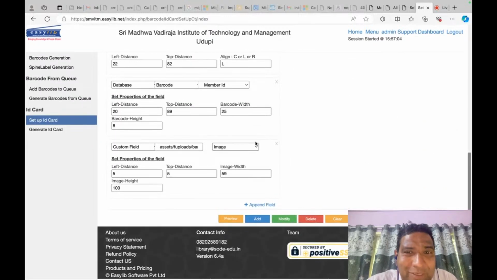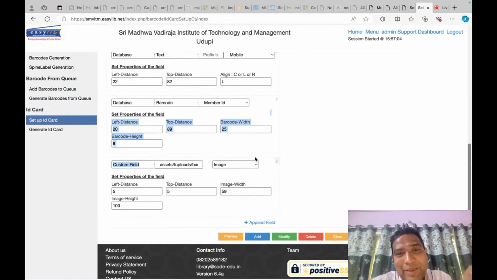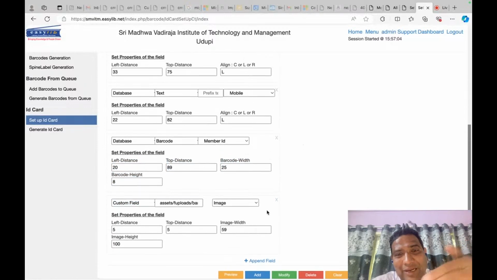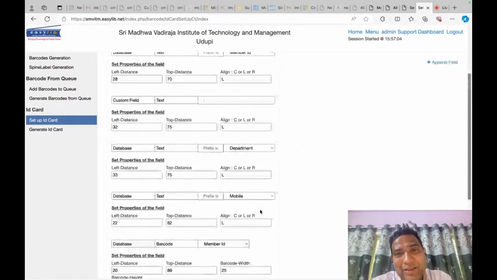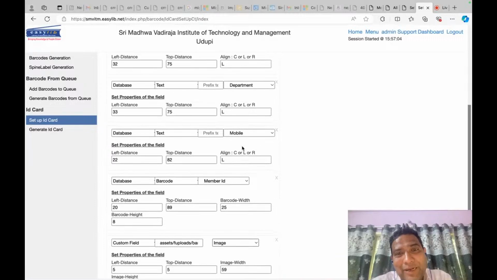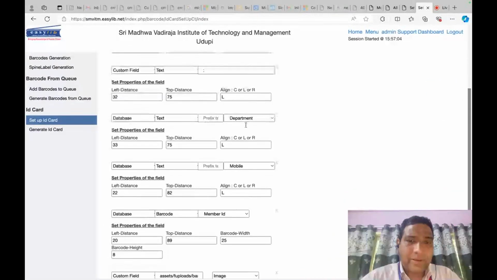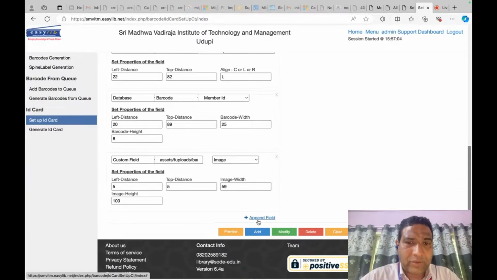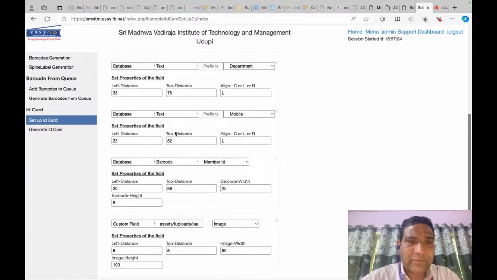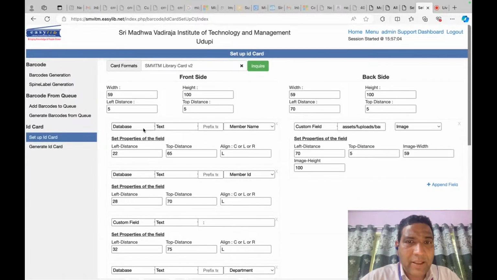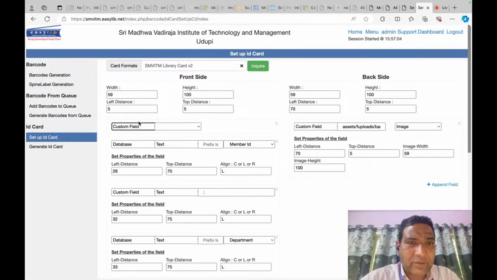I wish we could do a little better work here, because when I put the image as the last of these old ones, the image is overlapping the data. So that is a little problem I'm seeing here. So how do we fix that? The only thing I need to do is probably re-add everything so that this image becomes the first one, or otherwise, instead of the data one, I'll choose first the member